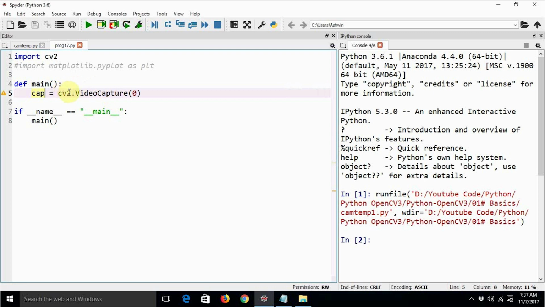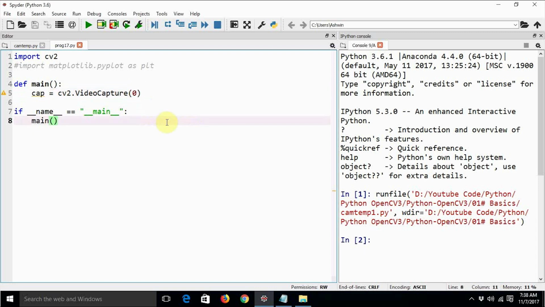So there is a function in cv2, that is VideoCapture. VideoCapture of 0. It means that if there are multiple video cameras attached to your computer system, you can choose any one of them. 0 stands for the very first webcam attached.